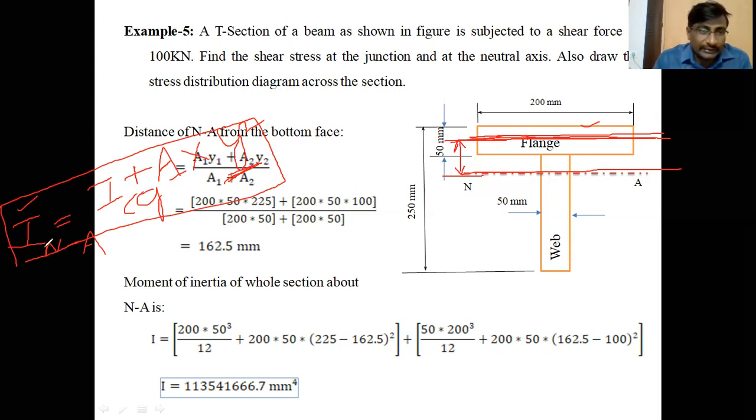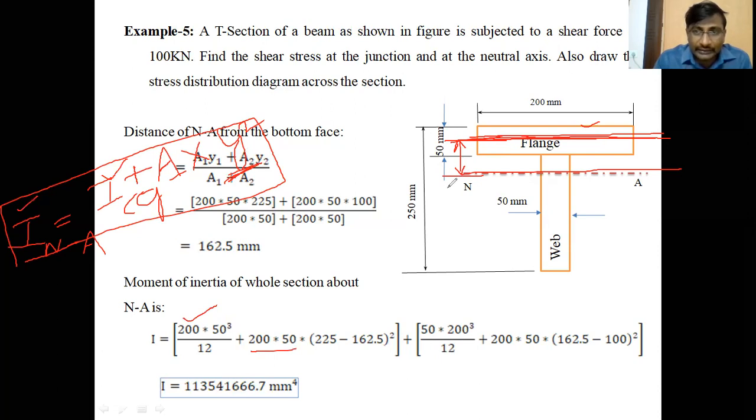So like that, the moment of inertia of the flange about its own CG is 200 into 50 cube by 12, that is bd cube by 12, plus A, which is 200 into 50, the area of the flange, into y square. Y is the distance between two axes. Here the distance between these two axes is,